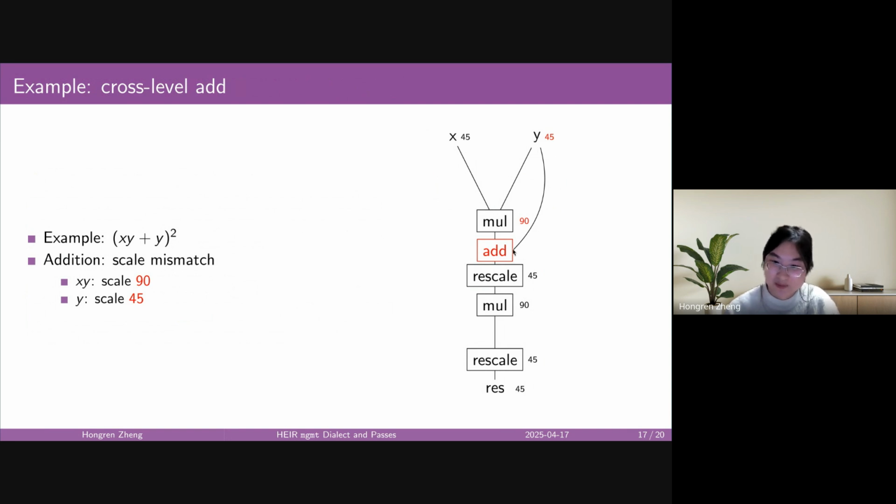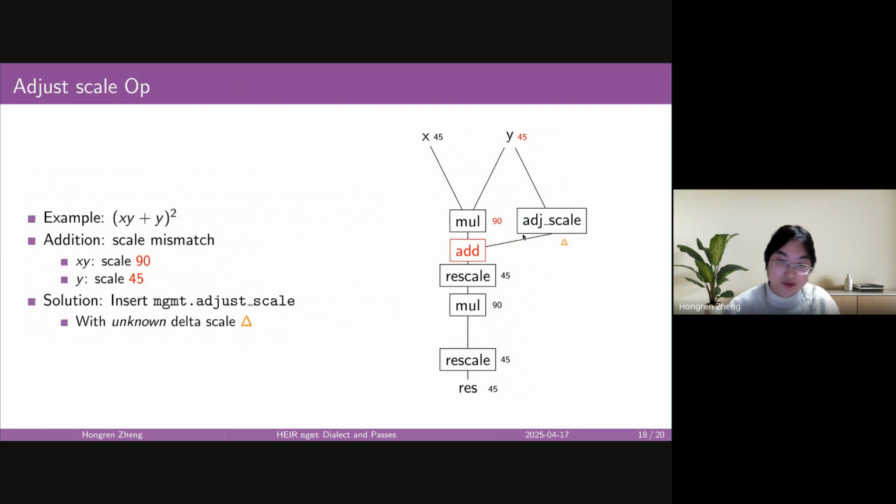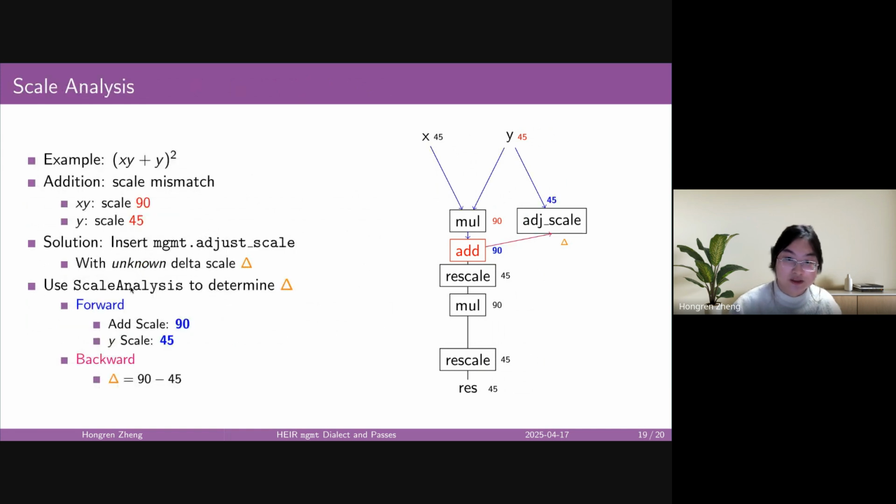So there is a mismatch, and we can't do addition of them. Then in here, we do another op called adjust scale if we find the scale mismatch. So this is inserted with an unknown delta scale.